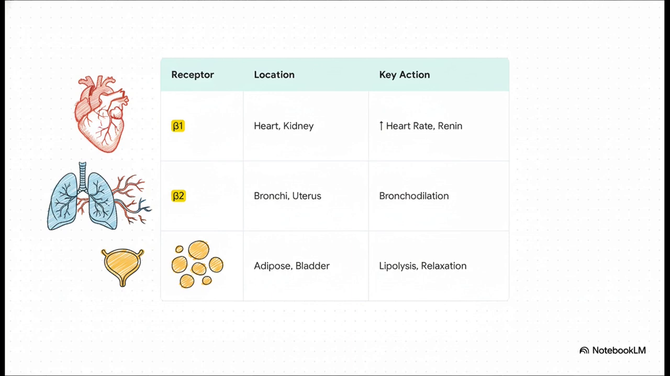Here's a simple trick to remember it. You have one heart, so it has beta 1 receptors. You have two lungs, so they have beta 2 receptors. Easy, no? And this is not just academic trivia, yaar. This distinction is absolutely vital for designing smart drugs that can target the lungs in an asthma patient without affecting